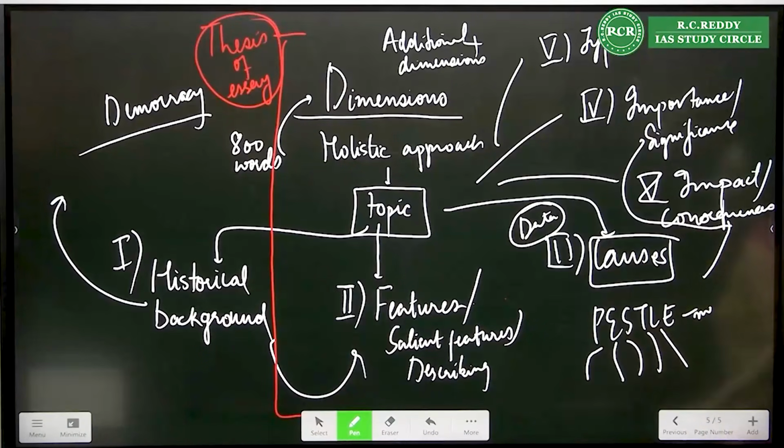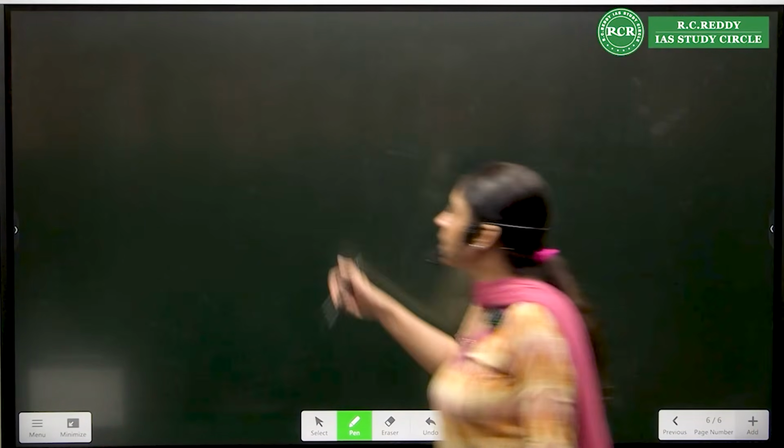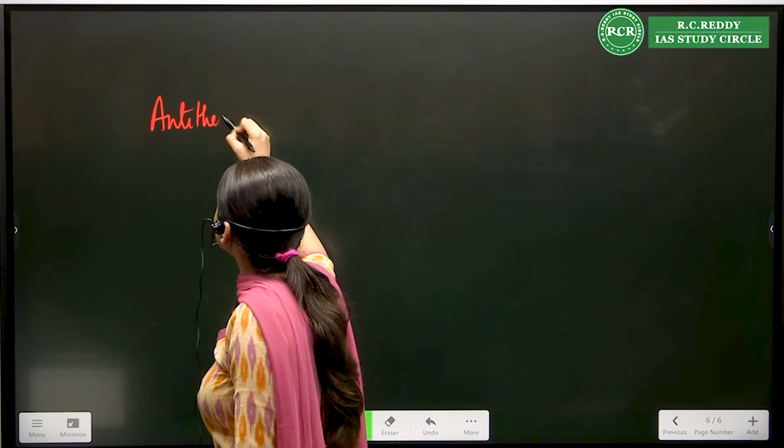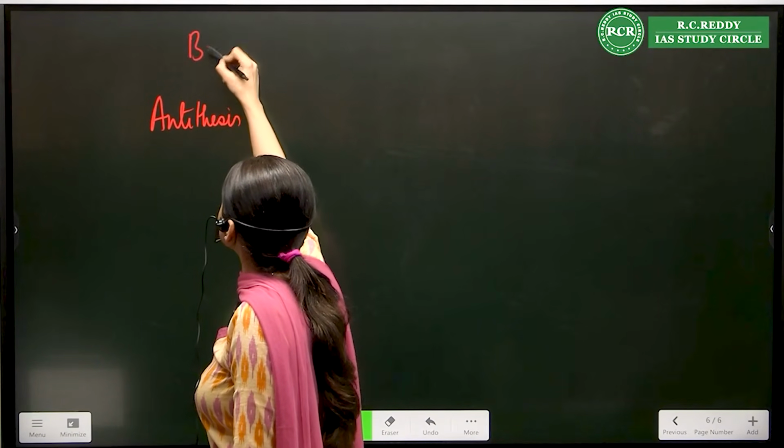Next part will be the antithesis. Sometimes the topic will be negative in nature, like obesity, where there is nothing positive about it. So thesis and antithesis are the same only. But some essays, you'll have to give the opposite part also. This is the body of the essay only, we'll just continue.